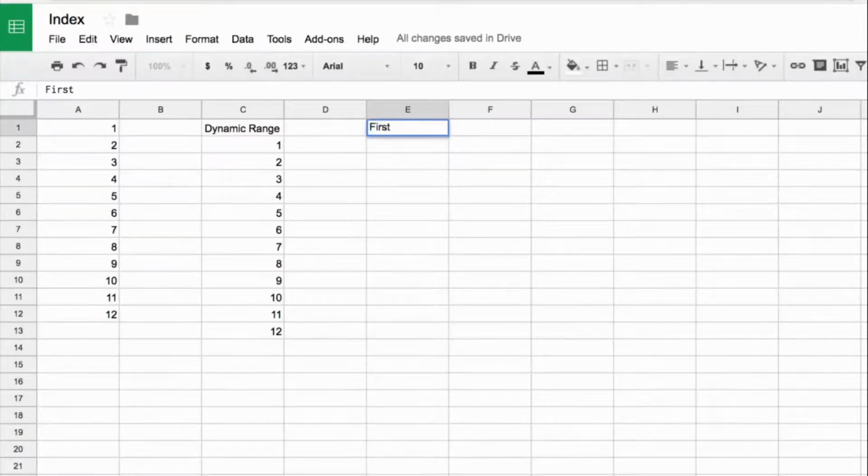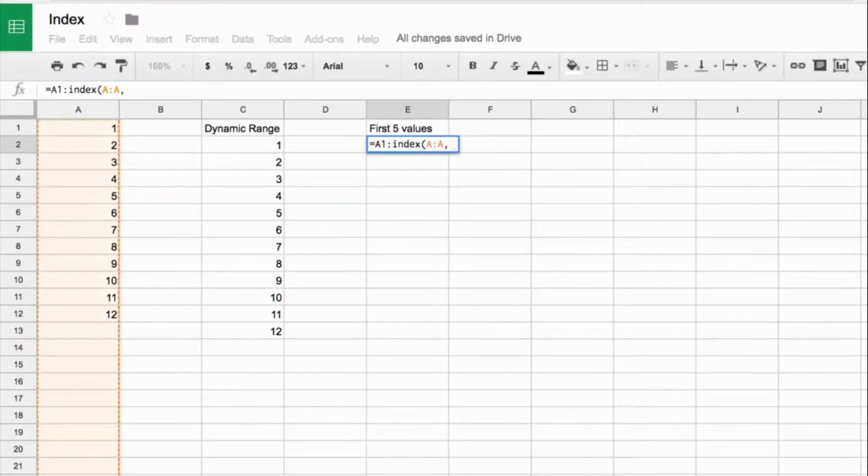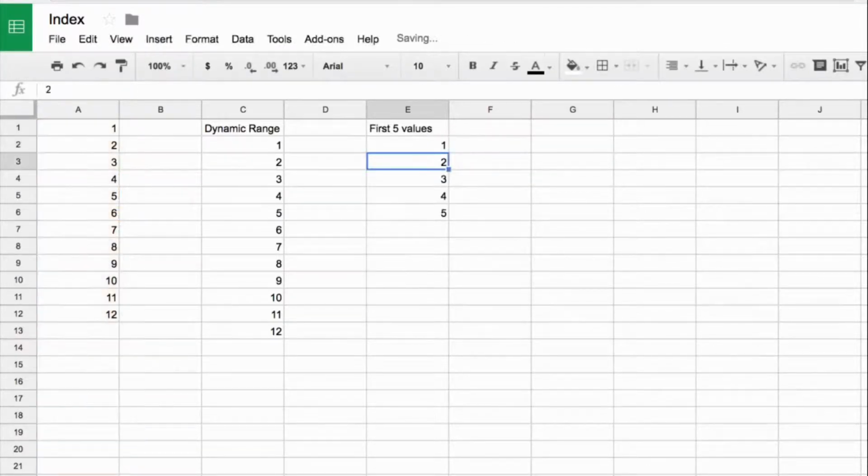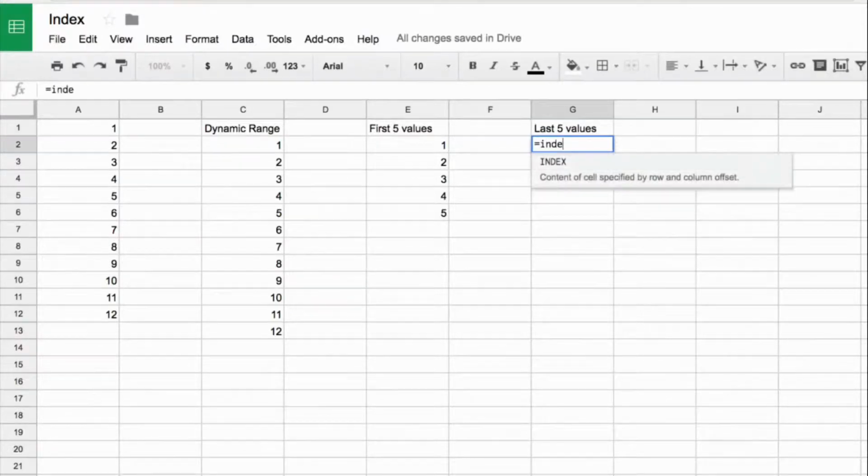The formula can just be modified a little bit. So we're going to say A1:, and we'll do INDEX A:A, except this time we'll just do 5. We'll just return the first 5, and there it gives me the first 5 values. If I wanted to do the last 5 values, this gets a little more tricky. So what I first need to do is work out where the 5th one back is, and then add the